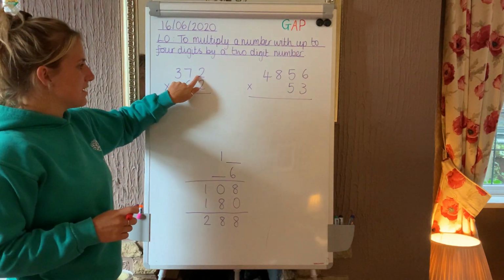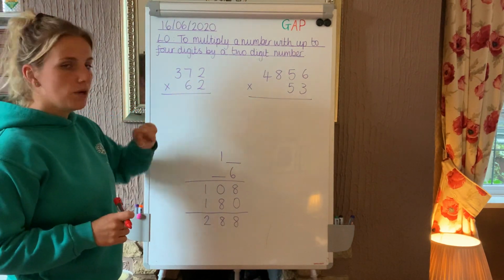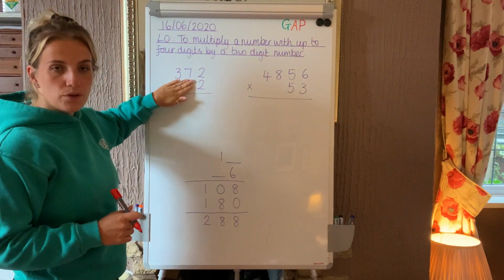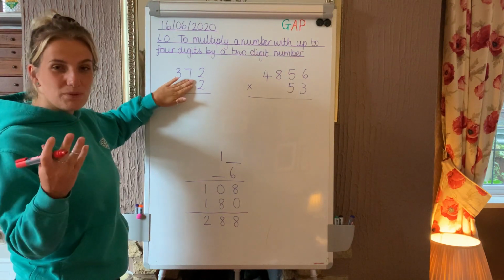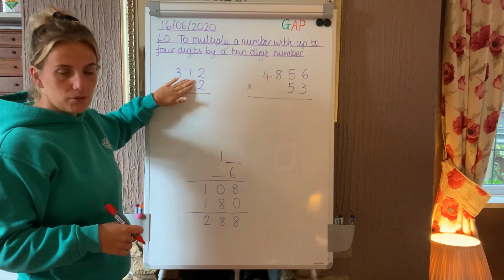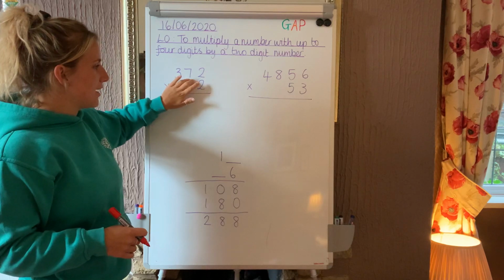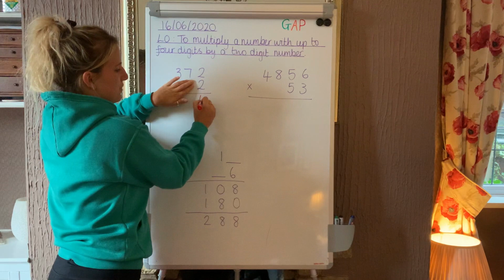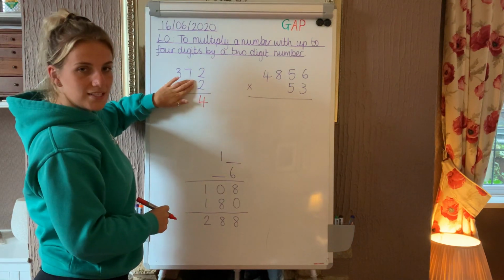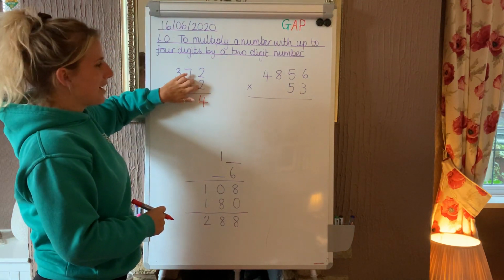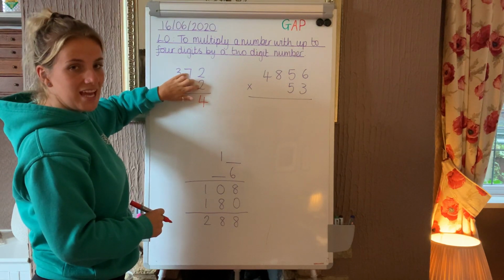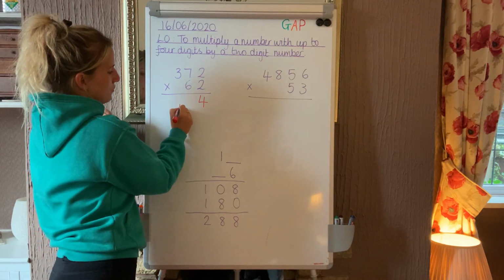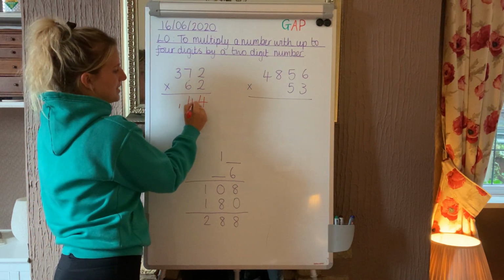So we have got 372 multiplied by 62. Now the first thing we are going to do is ignore the 6 and multiply it by 2. Now if you know how to double it, then you know what 372 doubled is. Or you can start by doing 2 multiplied by 2. So we know that 2 times 2 is 4. So I've got 4 units, okay? 2 times by 7 tens or 70 is 140. So my 1 is going to be carried over to my hundreds column and my 4 is then in my